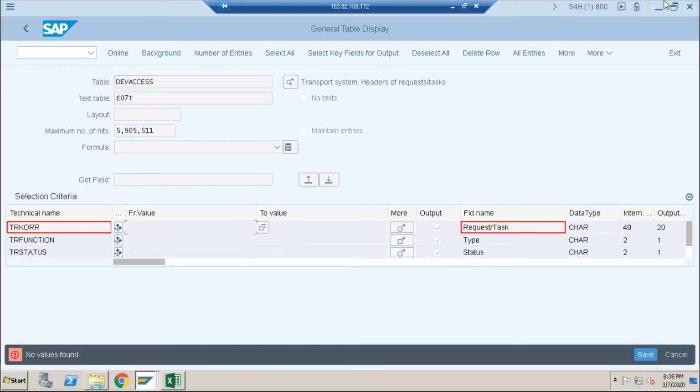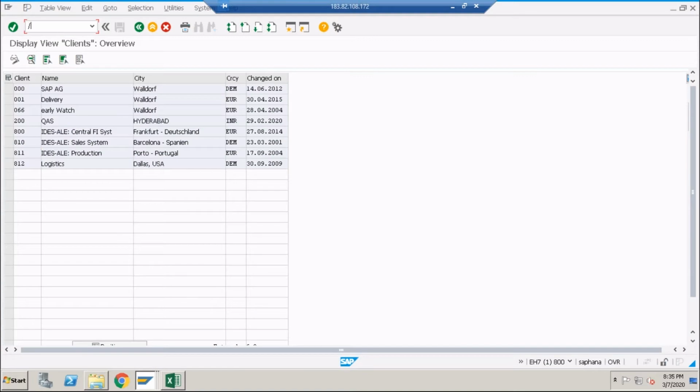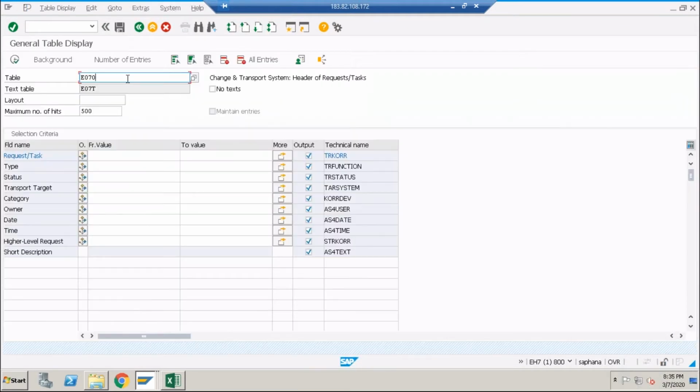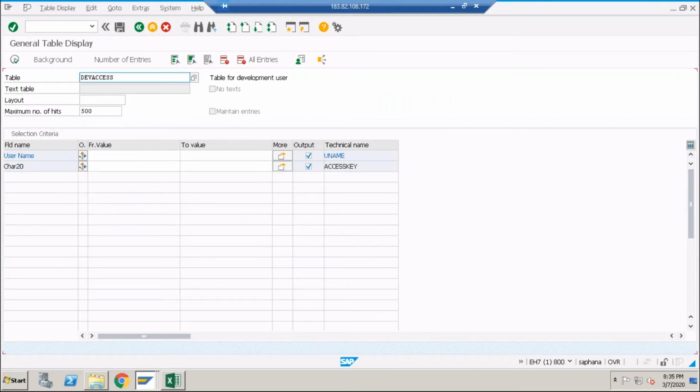First of all, enter and execution. Nobody having. Try it in another system, right? Enter first of all. See what appears. Table for development access. Click on execution.